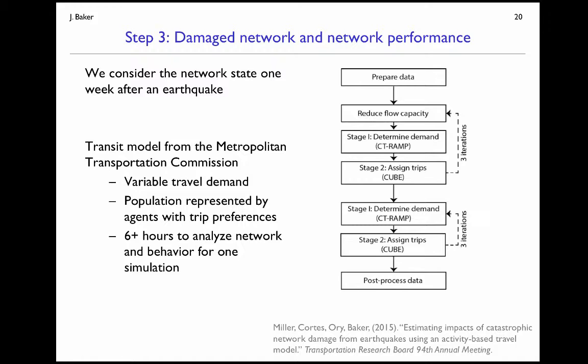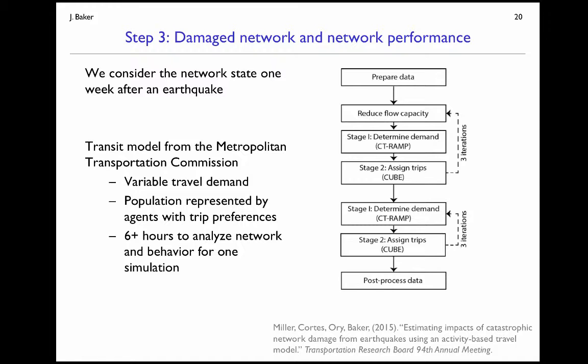The idea being that if we just shut off the capacity on the link, we have instability problems with this analysis, but if we iteratively reduce it down to 0 capacity on damaged links, then we're able to get there in a stable way via this iterative solution. This is also somewhat representative of reality. If we're looking 1 week after the earthquake, users do have a chance to learn about the state of the network over time before they're making stable trip assignments and things like that.